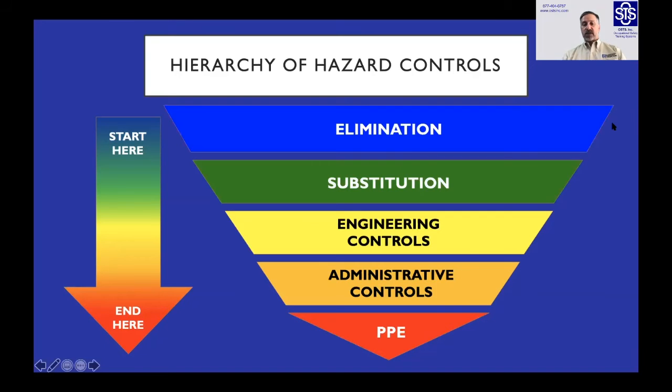The fourth step or control that we can consider if the top 3 don't work, and these are in order of priority, by the way, I didn't say that, are administrative controls. Administrative controls are things like employee rotation. Say we have a loud work environment in one section of our building. We'll say section A of our building is very loud. Section B of our building is very, very quiet. Well, can we rotate employees? Can we cross-train them? Can we move employees from section A to section B halfway through the workday, which